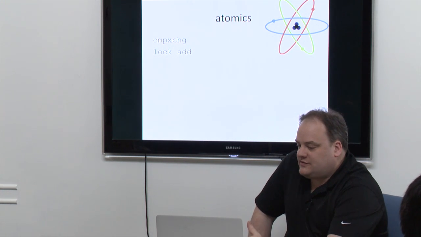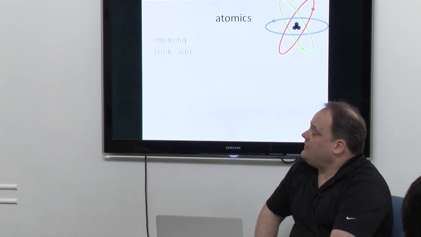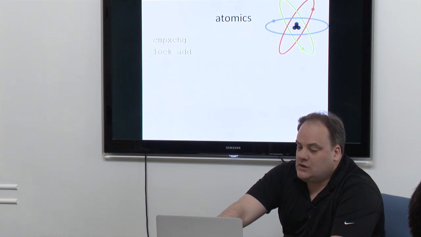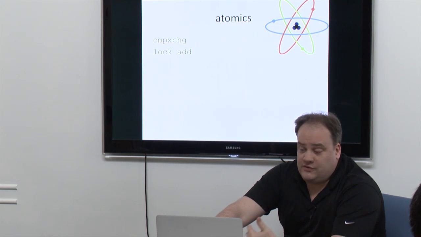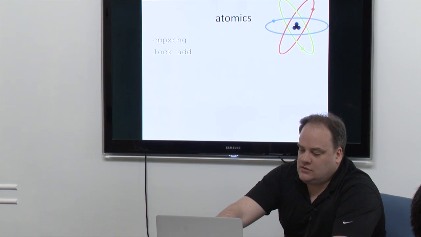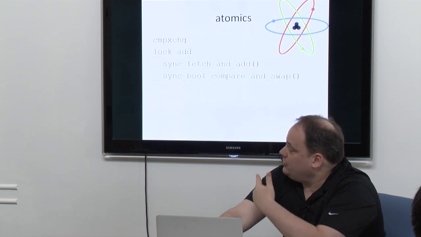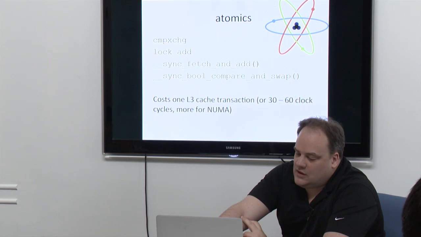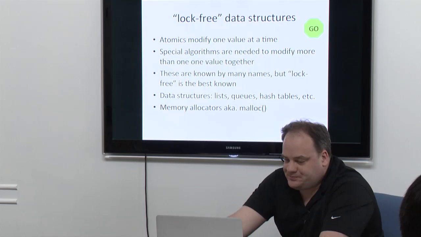So for x86, it's got instructions called atomics. You can take the lock prefix in front of an x86 instruction and it'll be atomic. What that means is that the processor will lock the bus. In this case now, it means locking the L3 cache and preventing anything else from hitting that memory. And you can access these in C code with primitives. This is from GNU C. On an Intel processor, it all happens in the L3 cache.